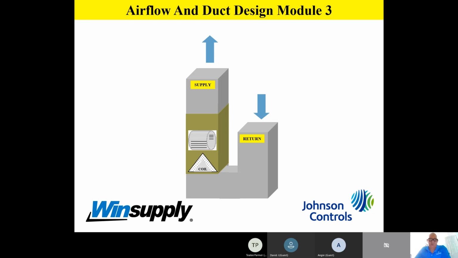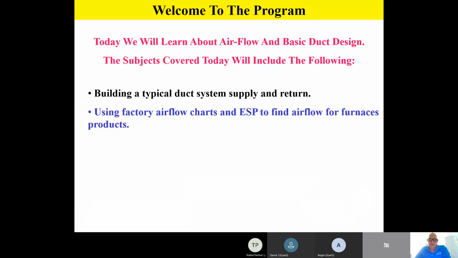So let's go ahead and jump into our program. Today we're going to be continuing our lessons about airflow and basic duct design. Some of the typical things we're going to be talking about are building a typical duct system, supply and return. This is going to give us the opportunity to actually build a duct system, just a typical 3-ton system. And we're going to be using factory airflow charts and external static pressure to find airflow for furnace products specifically in this module. It's really important to understand that the airflow charts that we provide from the factory on all of our air moving equipment are a key tool for finding airflow and